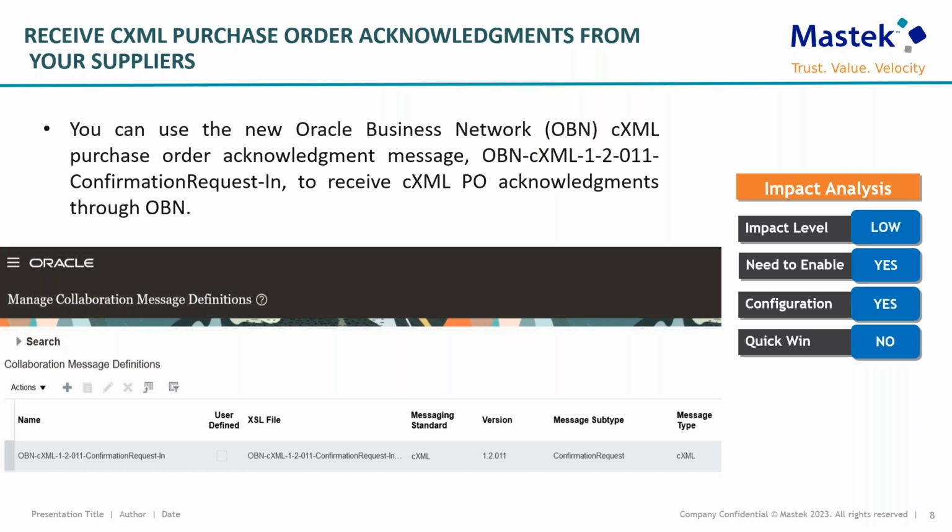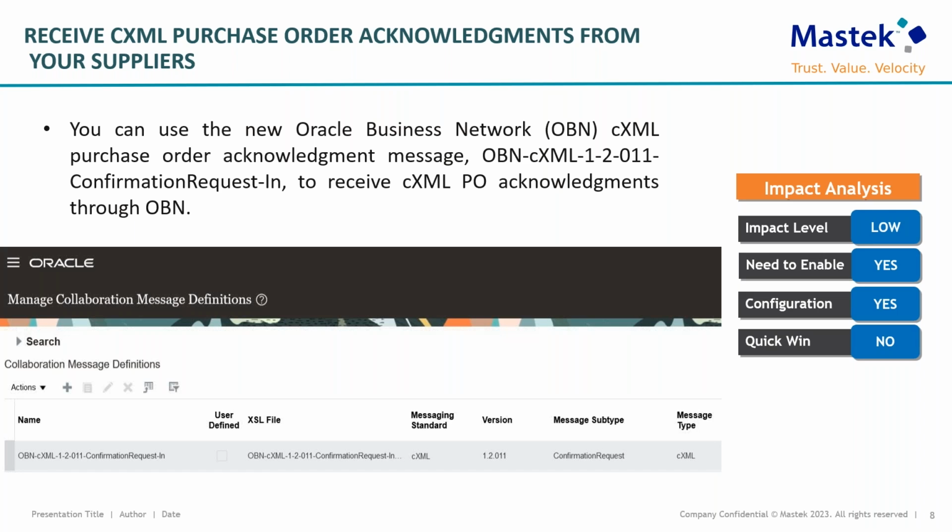With this feature, we can now set up the business-to-business connection with supplier sites for procure to pay in just one step. This simplified process allows us to choose your trading partners and the B2B documents you exchange with them all at once. This will save time in setting up and managing procure to pay trading relationships. To use this functionality, we have to just opt in through the UI, and we consider it as a medium impact level,